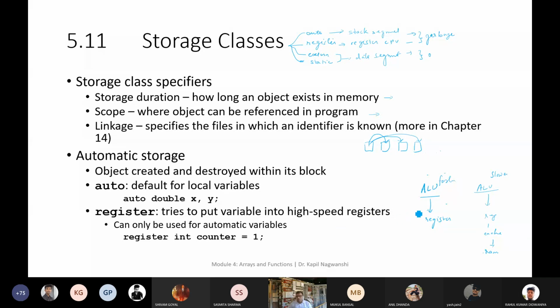If we are using the register keyword, it is fast, and if we are using the auto keyword, then it is a bit slower. But because we are using SSD technology, you can see that the speed of SSD invocation is 1.8 gigahertz, 2.8 gigahertz, very similar to your register's frequency.